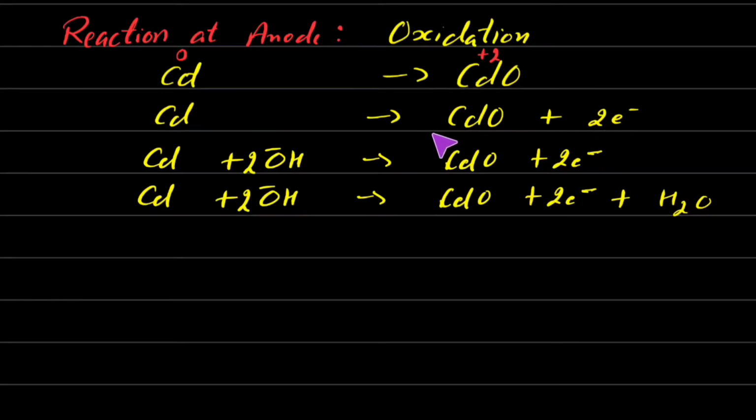In the third step we have to balance the charge. On the product side here we have 2 negative charge. So this we have to balance by OH negative ions. So I have to write 2 OH negative ions on the reactant side. Now the charge is balanced. Why have I balanced this charge by OH negative ions, beta? Because the electrolyte here is KOH, and this KOH will give us K positive ions and OH negative ions.